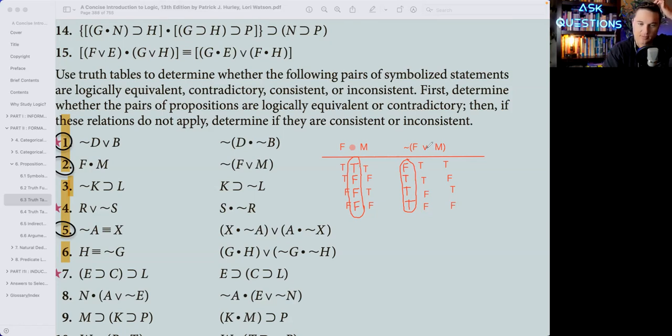And for or statements, it's the truth that is contagious. So these are all true. We only get a false down here. And so we can ignore this now and ignore this. And this negation is going to flip the truth values underneath this wedge. And so this triple TF is going to turn into